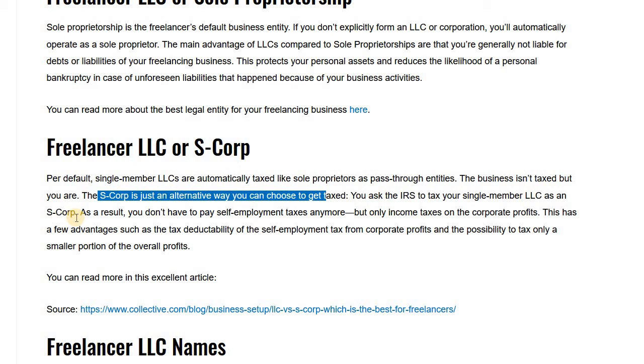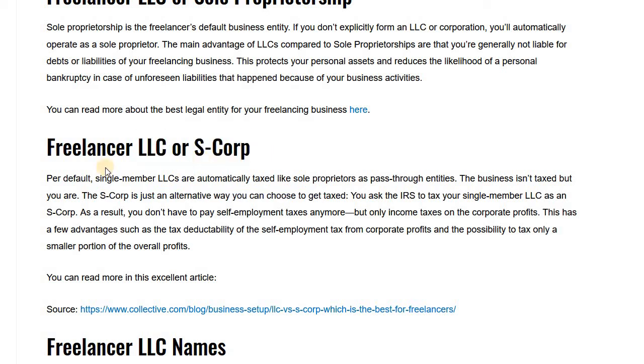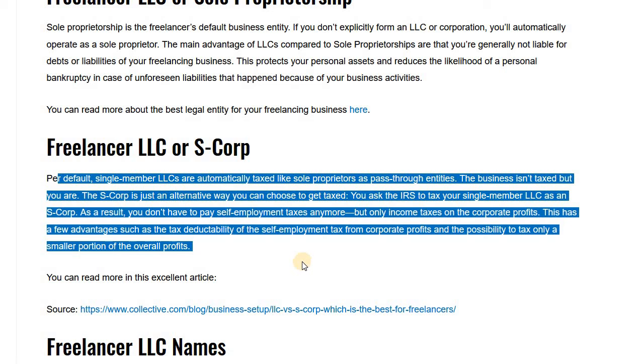So it can partially deduct the expenses for the self-employment tax if you create an LLC, which can be an advantage. But of course, you need to consult a professional before you do this. Just so you know, there can be some advantages if you combine an LLC with an S Corp. It can reduce your tax burden significantly, and it can save you thousands and even tens of thousands of dollars per year.